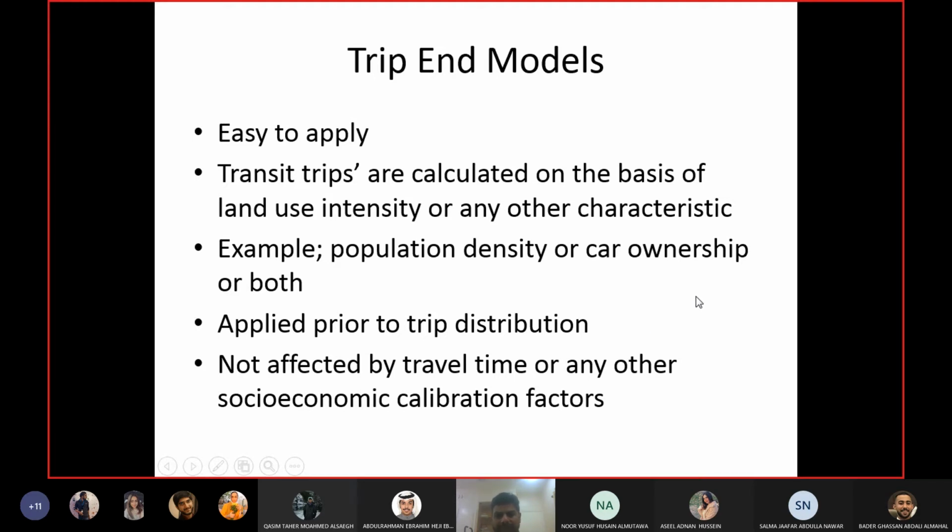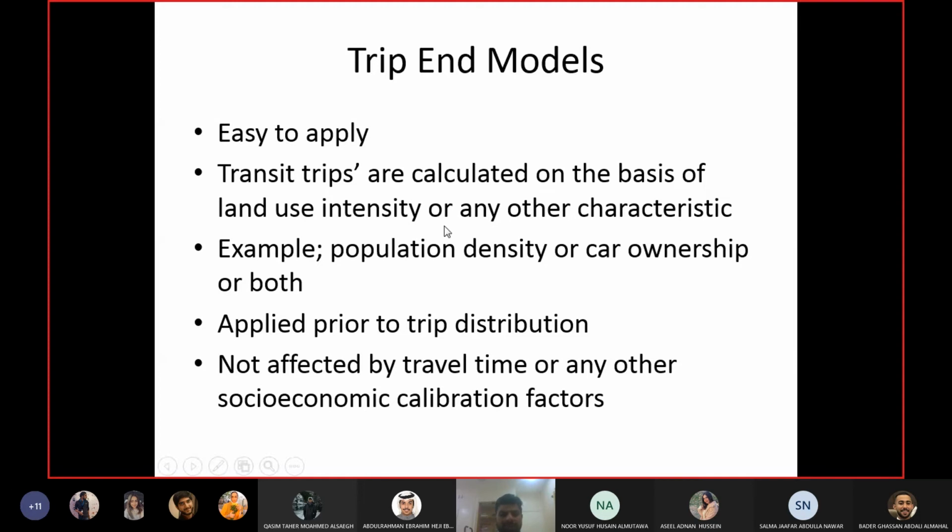So again, like I said, this is the simplest approach. This is closer to the simplest approach, but instead of just taking a ratio, we are putting some value from the area itself. So you are putting, for example, the number of workers in the area, or the population of the area, or the car ownership of the area. You put one or two parameters like this in the equation, and it will give you how many trips are taken by transit. So it is very close to the very basic and simple approach which I explained at the start. But instead of taking a ratio that 10% of people are going by the bus, we have a full equation. In the equation, you put one of these things.